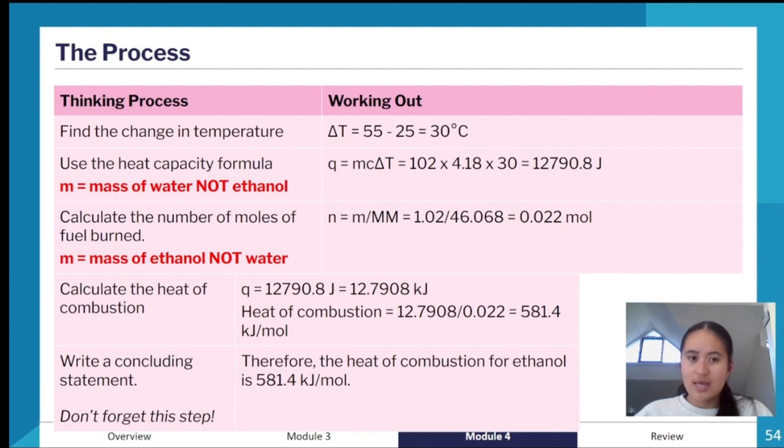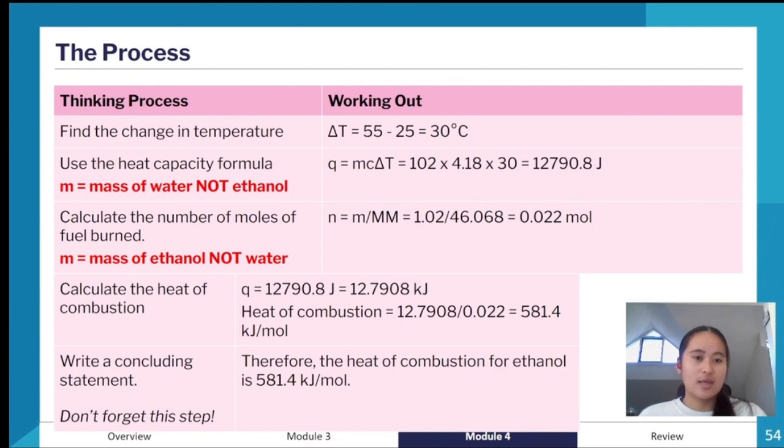So how we get to that is we need to find out the number of moles, and this is where we use the mass of ethanol. So we use the mass of ethanol here, and then the molar mass that we calculated from the formula that they gave us, and then we find it's 0.022 moles. Then, since we want it in kilojoules per mole, we need to change that joules into kilojoules, and then divide it by the number of moles, and then we get our heat of